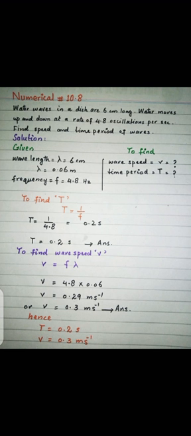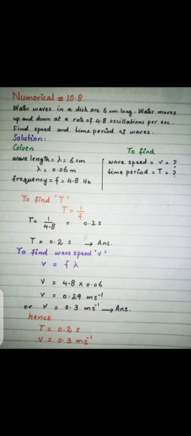Girls, in this you see that 6 centimeter length is given, which is the wavelength of the wave. We will convert 6 centimeter into meter, so lambda will be equal to 0.06 meter. And 4.8 oscillations per second. Oscillation per second means this 4.8 is its frequency, and the frequency f equals 4.8 hertz. We note that per second is equal to hertz, so frequency is 4.8 hertz.